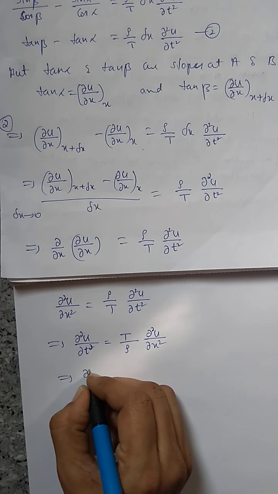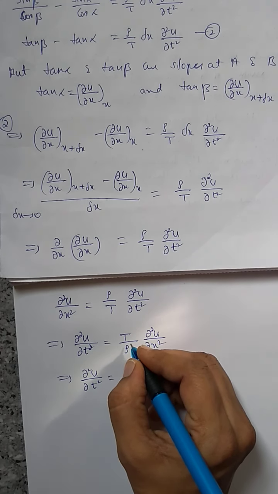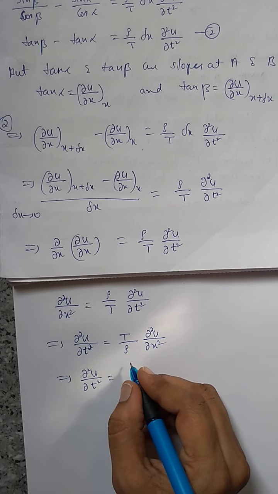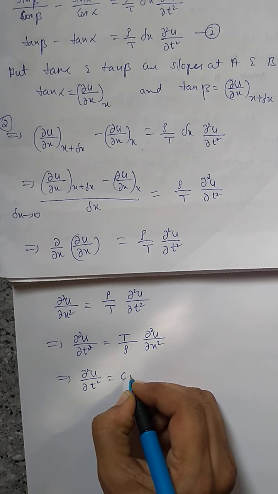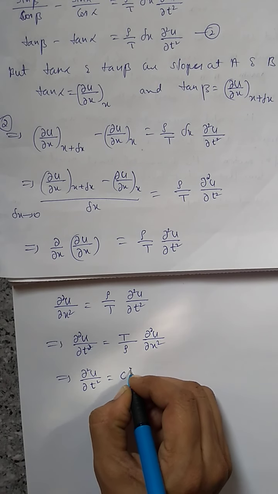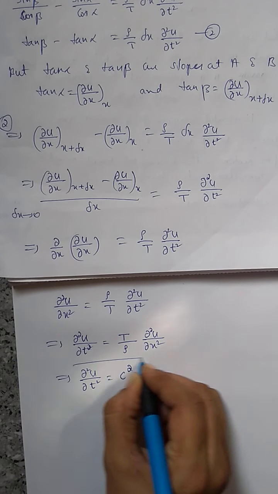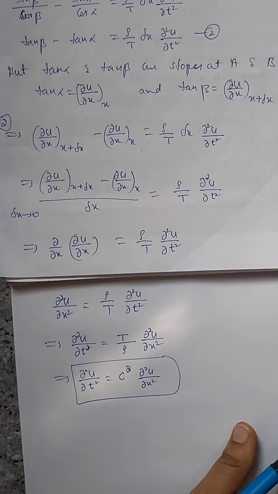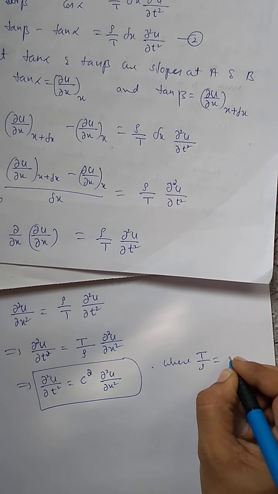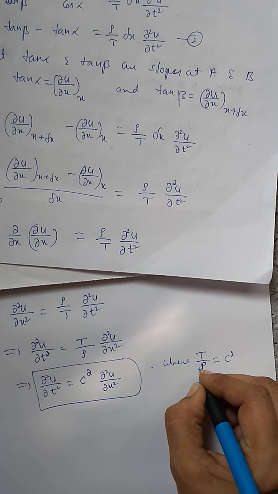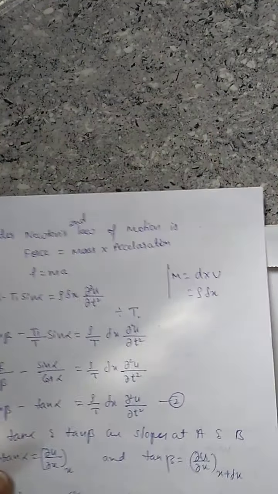So the last step is ∂²u/∂t² is equal to, tension T is constant at each point, rho is our density per unit length, mass per unit length. These two are constant. We can equate them to one more constant, c² or c. Okay, this is c² ∂²u/∂x². This is the one dimensional wave equation formula. Here T by rho is equal to a constant. T is constant, rho is also constant, I equate to one more constant, c². This is the one dimensional wave equation formula.